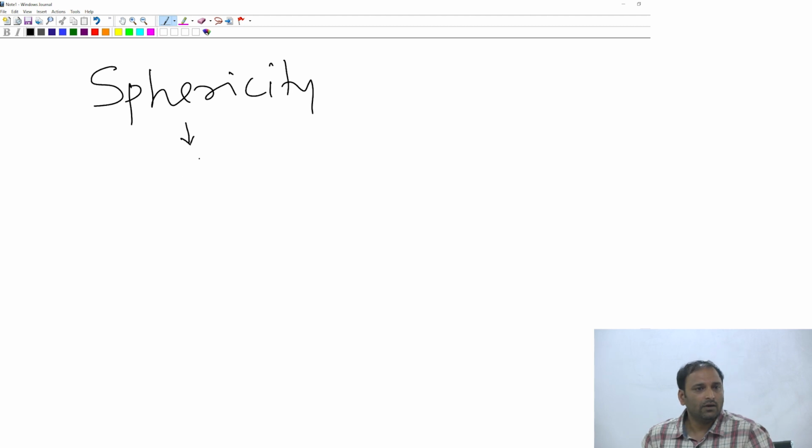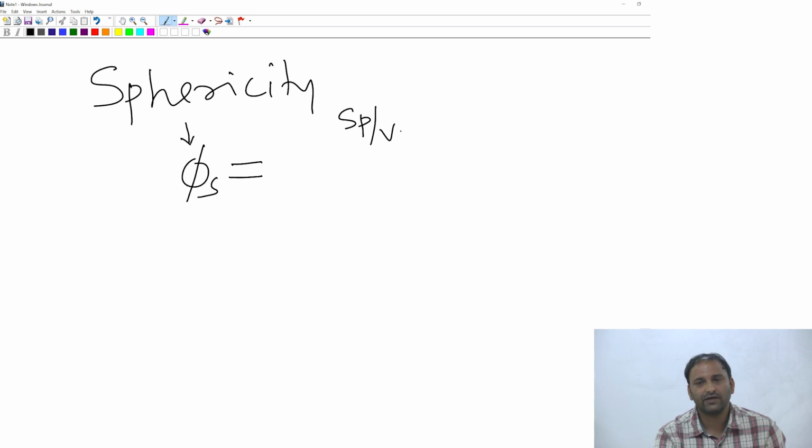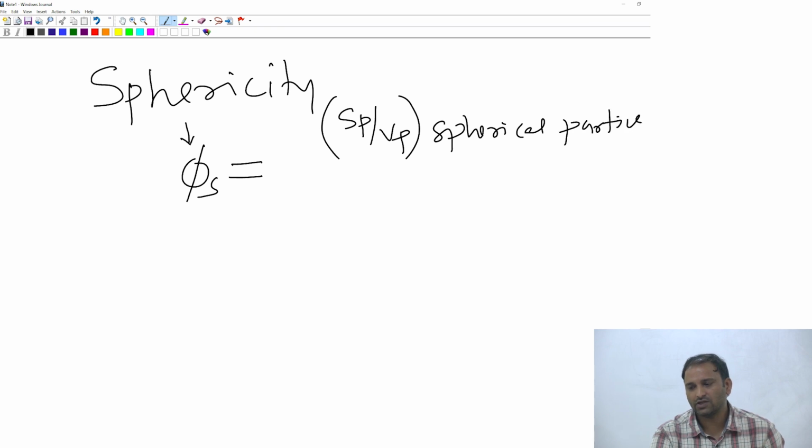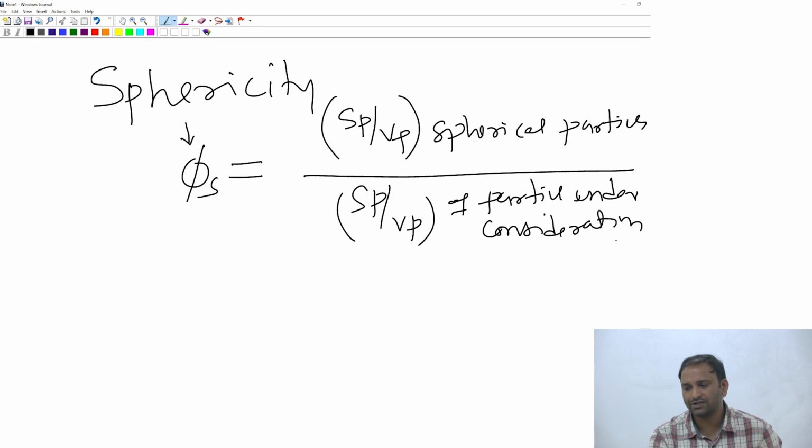Okay. This is typically defined by a parameter called phi s, denoted by phi s, and sphericity is defined something like this. It is the surface area to volume, the surface area of the particle to volume of the particle, Sp to Vp, of a spherical particle, divided by Sp to Vp of a particle under consideration,